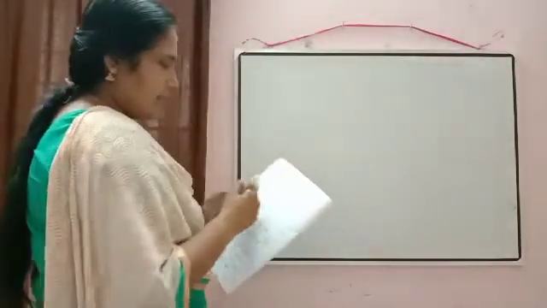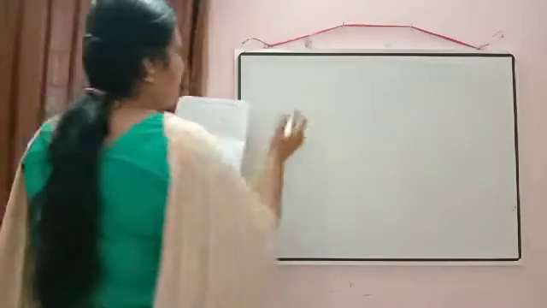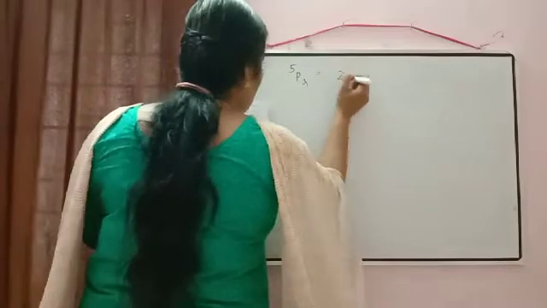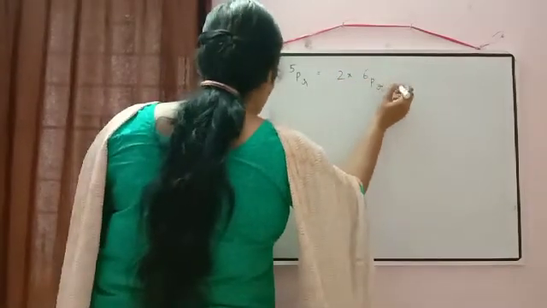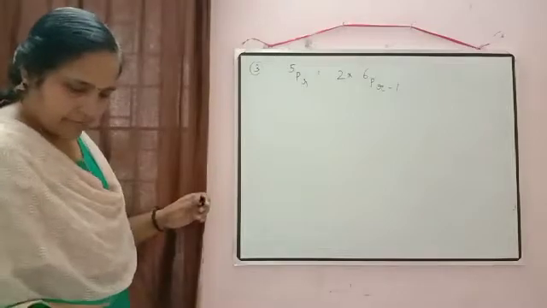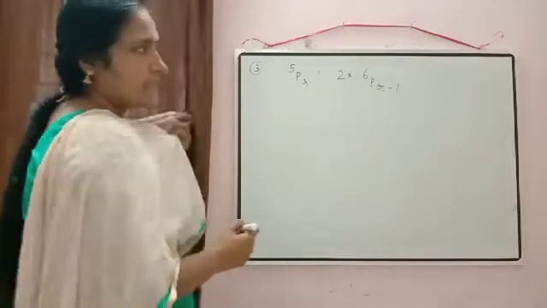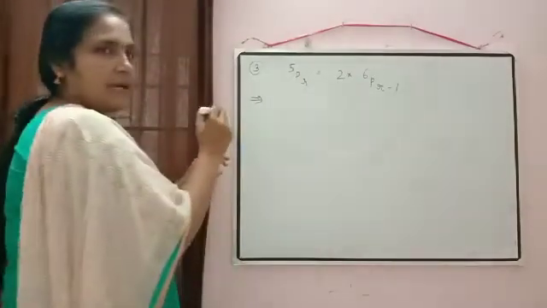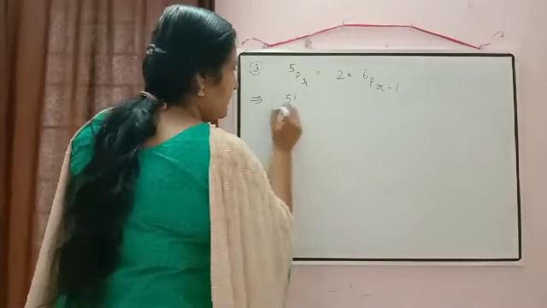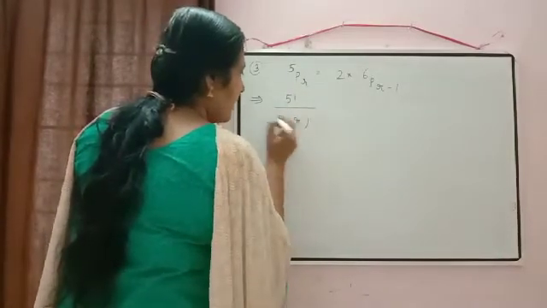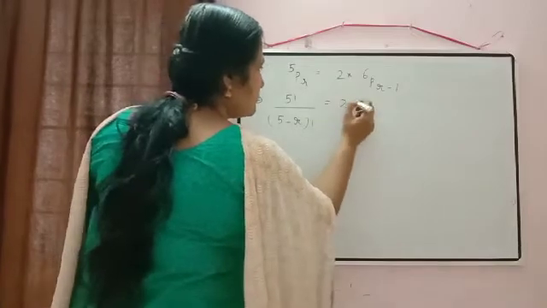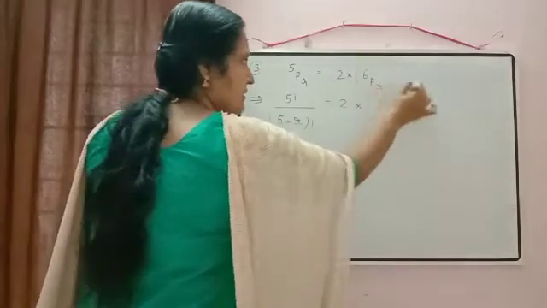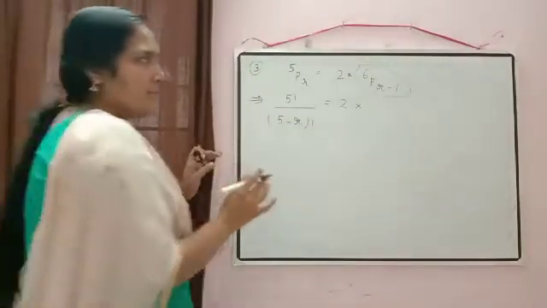Now just to check the next question, it is written question number 3. We have here, if 5Pr is equal to 2 into 6P(r minus 1), find r. 5Pr is equal to 2 into 6P(r minus 1). Find r. So first we can use the formula. 5Pr can be written as 5 factorial by (5 minus r) factorial is equal to 2 into 6P(r minus 1). Don't write 2 into 6, 12. This is not the number. So 2 we will write as it is.